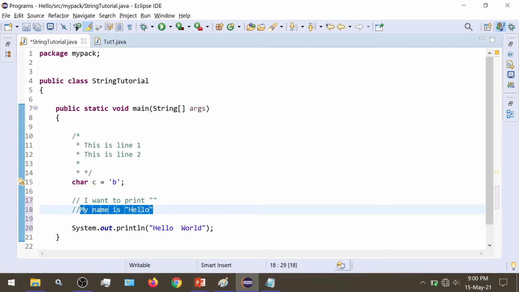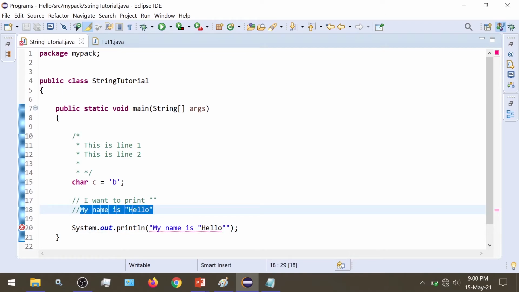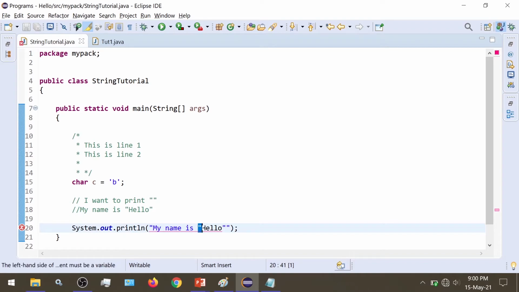How would I print this? If I try in the normal way, it got auto formatted. So just like this, we are trying to print: my name is, and then hello in double quotations. Let's see what output we get.